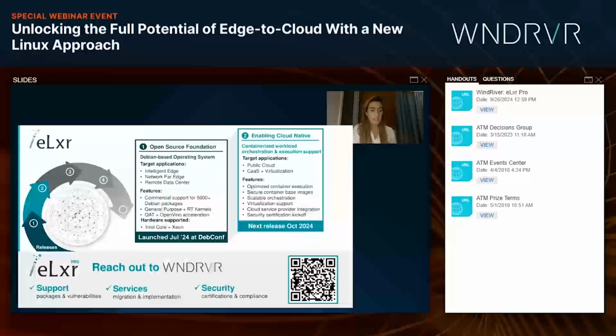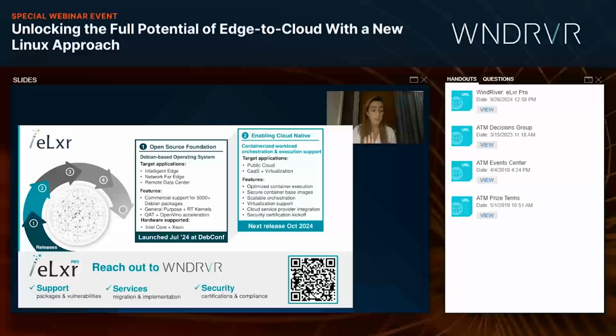As mentioned, the Elixir project will be developing and contributing to the project to help enable the software. Back in July, it was announced at DebConf with really focusing on Debian packages, getting the kernels up to date, and setting up that open source foundation infrastructure.